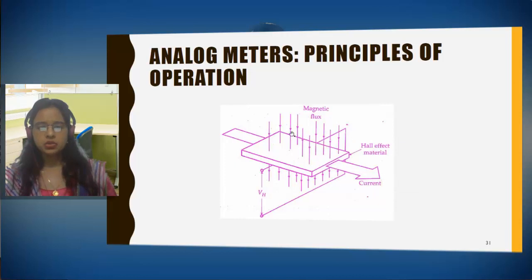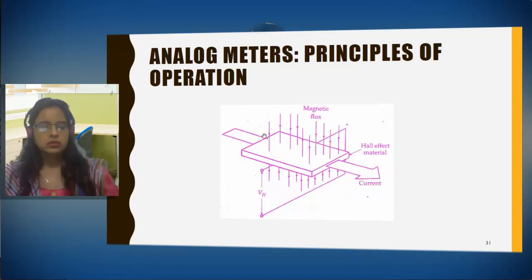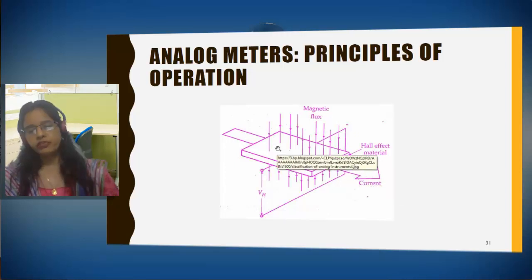Now what happens? I am telling you, this is a material, a Hall effect material. A transverse magnetic field is there, and in this transverse magnetic field this Hall effect material is placed. Current is flowing from this direction. Suppose current is flowing from here. This should again be a metal, right? So this Hall effect material is placed in the magnetic field and the current is applied. So current is flowing from two ends, two faces or surfaces.